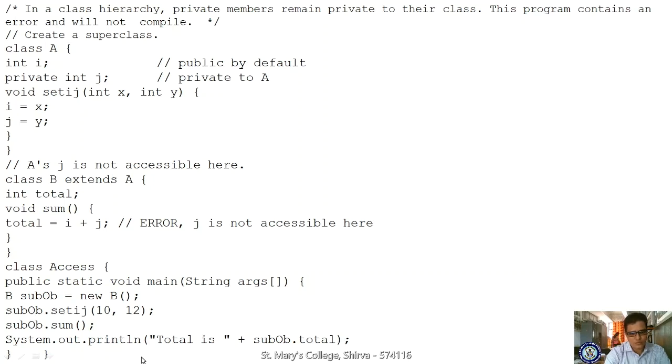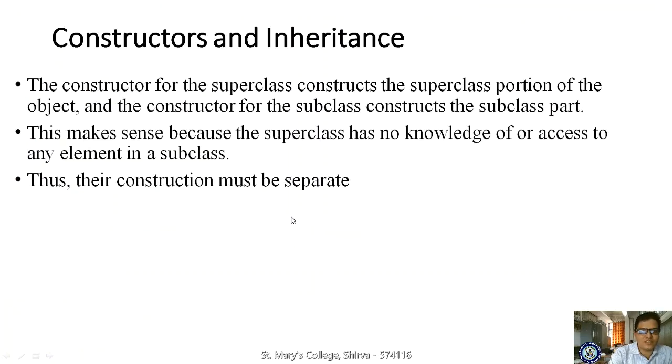Now we will see some more examples. In this example we have seen access specifiers. Now our next concept is constructors. We can also implement constructors in inheritance. This is a very important topic, and many questions are asked in this chapter. Let us see how to define the constructor in the base class as well as the subclass. If I am using constructors in the base class and subclass, then how do subclasses access this constructor from the base class? So this is a very important topic.